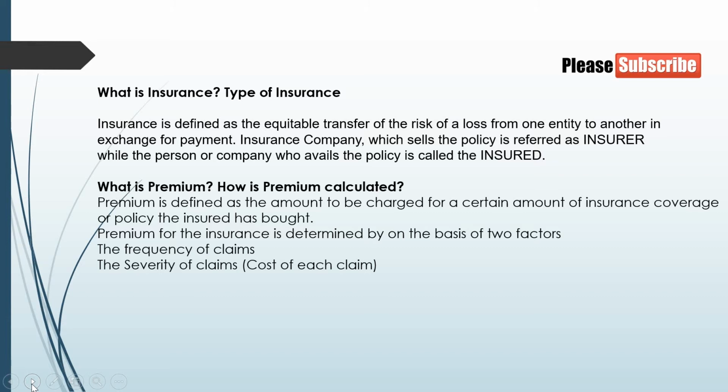So, what is insurance? We insure against any loss, and if there is a risk, for example if you buy a car, there is a risk of loss, right? That's when you go for insurance, so that it covers that loss. In exchange for payment, we can reduce the risk.